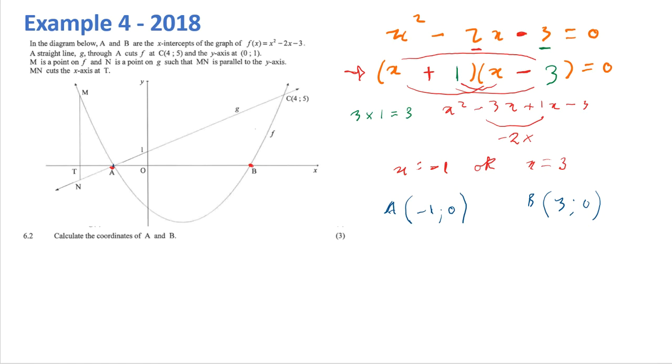Looks okay. But that's easy, right? So you're inspecting the graph, you're seeing, oh, these A and B, those are special points. They're merely the roots of this parabola. And we factorize the equation. And the final step here is to write the coordinates, right? So,